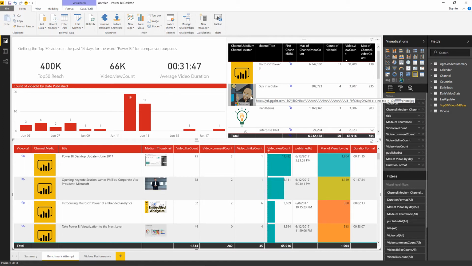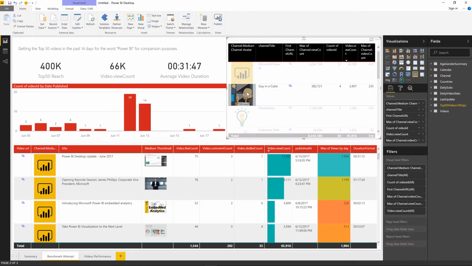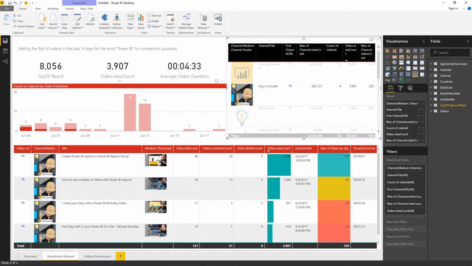Then we also have Adam Saxton, Patrick from Guy in a Cube. If you want to see all the videos from Guy in a Cube, just click on his profile. You'll see all of the videos that he has, how many likes, comment count, dislikes, view count,